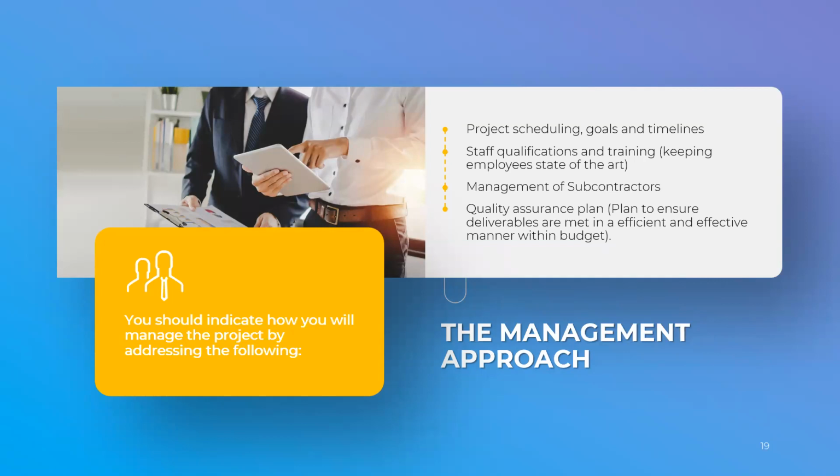What checks and balances go in place on a daily basis to make sure things are working the way you intended from the beginning? So having a quality assurance plan is another important section. Everything works together for good here. So it's another important area to ensure deliverables are met in an efficient and effective management,